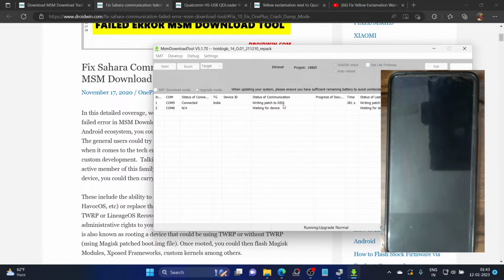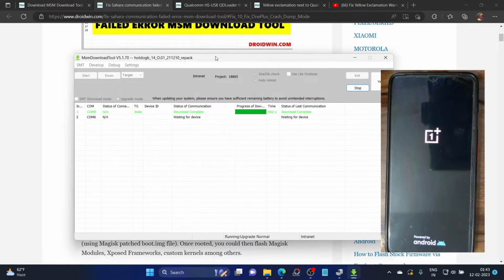That tool is mostly used to unbrick your phone in case you're at least able to access the fastboot mode. It uses the firmware payload.bin file to flash it, and after that it fixes the issue. Whereas in the case of the MSM tool, we have to use it if the device is not able to access any mode whatsoever. Anyways, with that said, you could see we have now got the download complete message, and our device will now automatically boot to the OS. Do keep in mind that the first boot will take a few additional minutes. That is completely normal and nothing to worry about. So let's wait while that is happening, and then I will show you the OS part as well. It should only take a few seconds.